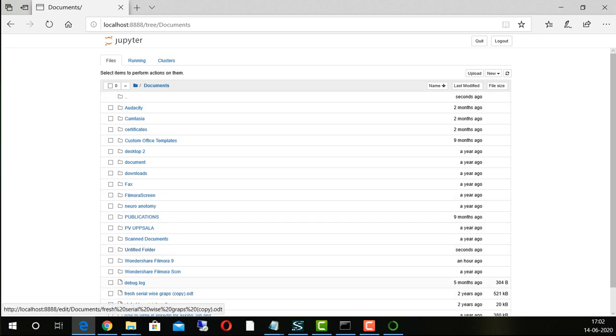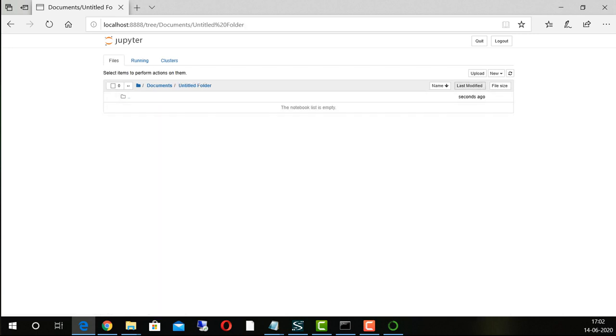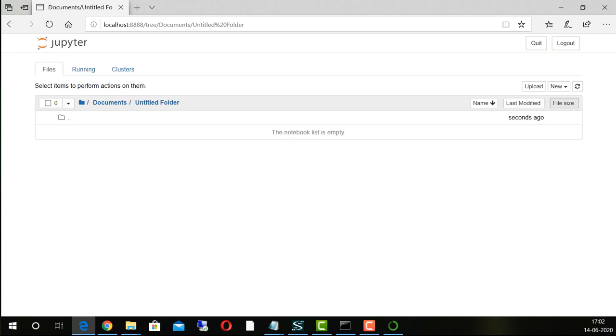So if you go inside that folder, and now I want to create a new Python notebook. Here I can see Python 3, text file, terminal, anything I can open. We are going to practice in this Python 3. If you can see, I'll zoom in. This is a new option here, and here we have a Python 3 notebook. I'm clicking on that, and a new notebook will be created.